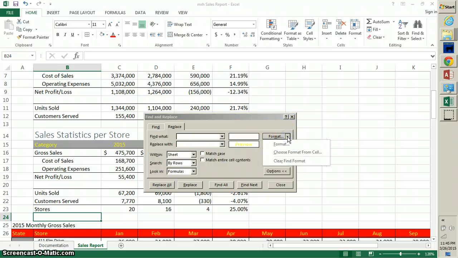Okay, and then if there's a little arrow there, you can clear the find formats so they're not there next time. And then once you've done that,